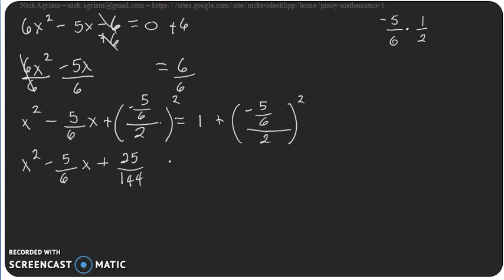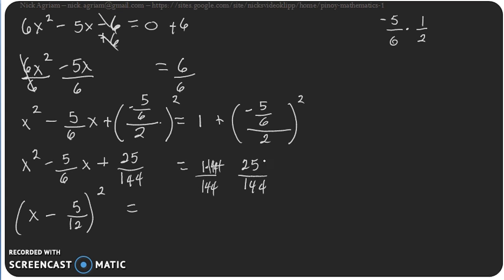12 squared is 144. Is equal to 1 plus 25 divided by 144. If I did it right, then this is a perfect square already. We have x minus 5/12 squared is equal to 144 plus 25, because you need to extend this by 144 and 144, and then 169 divided by 144. Extracting the square root of both sides of the equation,